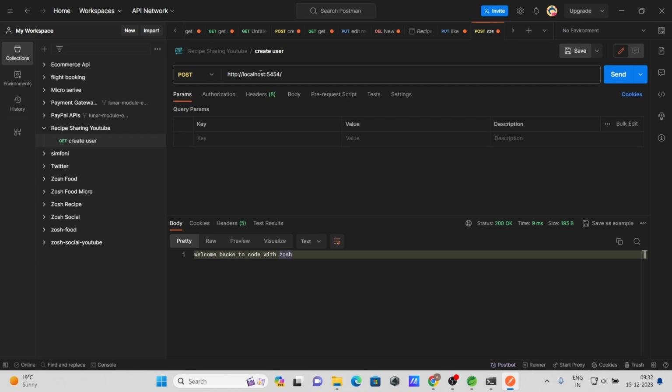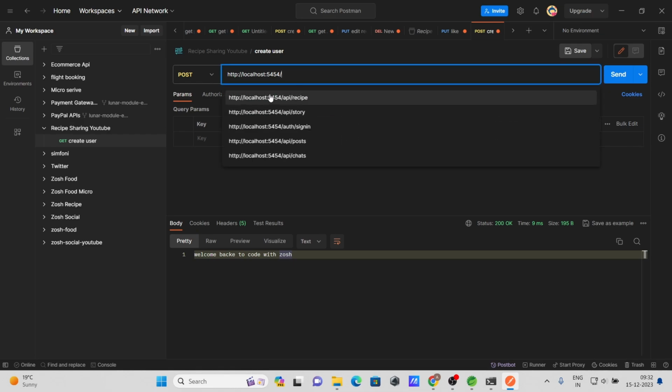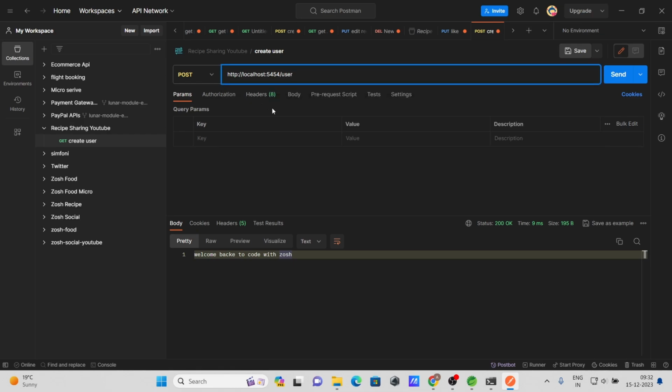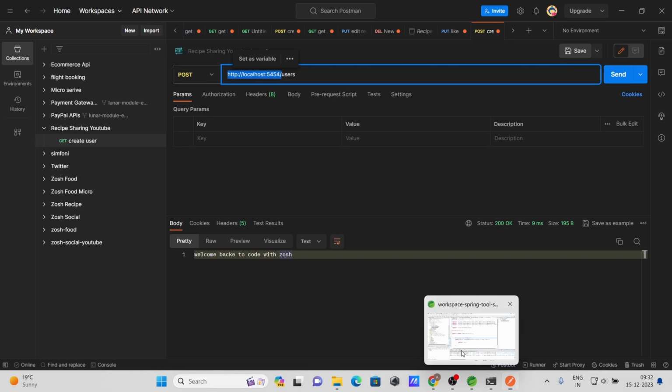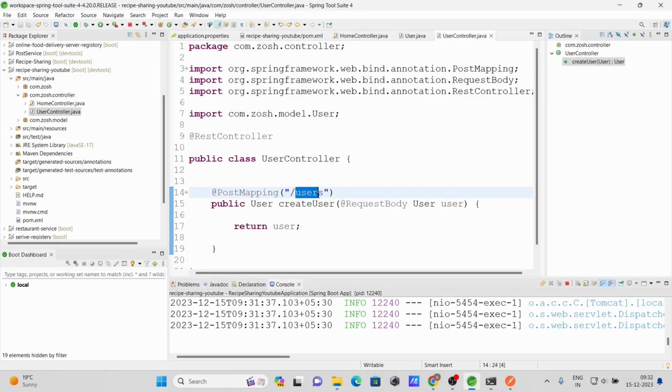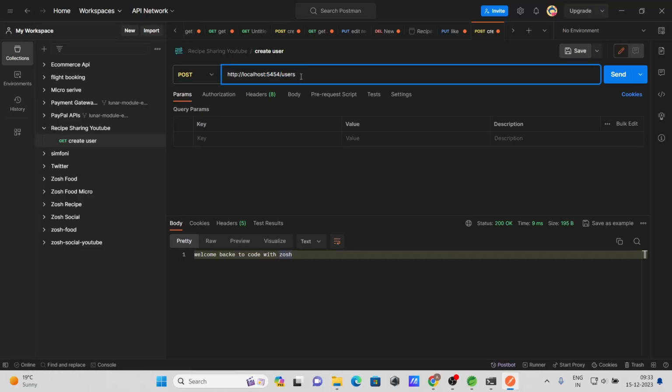So that's why I'm using Postman here, and here we need to pass our endpoint. First our base URL, on which our backend is running, then we need to pass this endpoint. Here you can see we have used users, that's why here I am giving users. All right, now let's go to body,